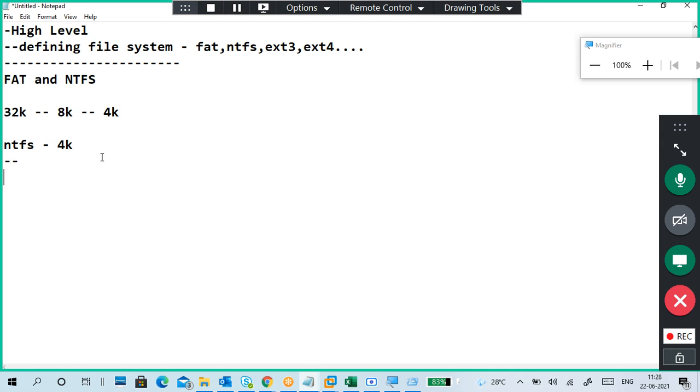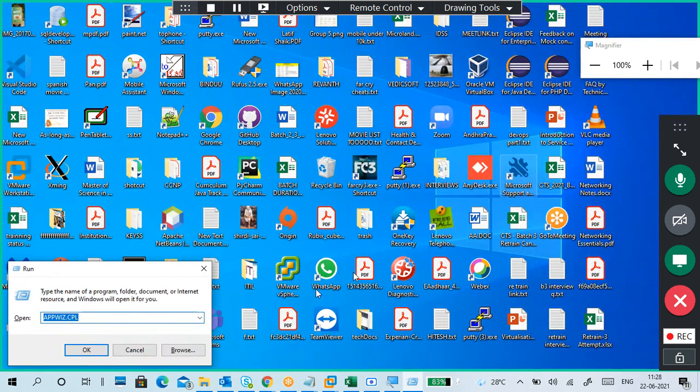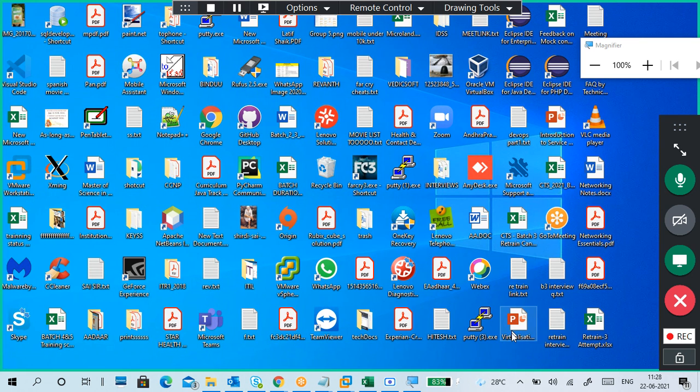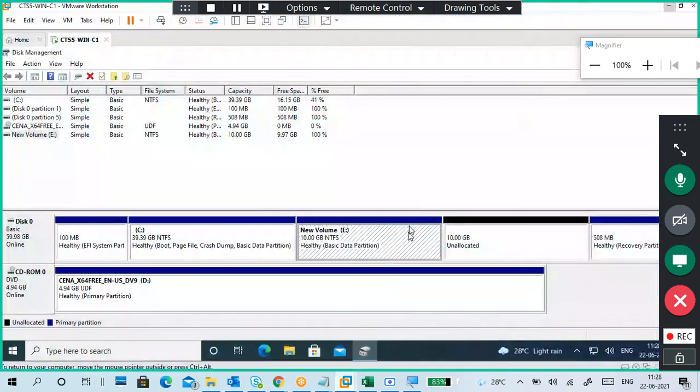NTFS has advantages over FAT. But before I go to that, I think it's better to give a break. Then we'll discuss the FAT and NTFS features.